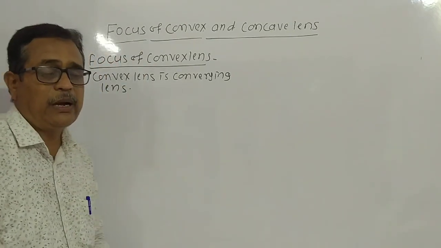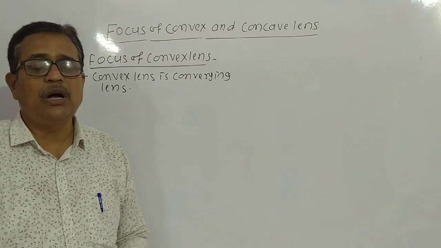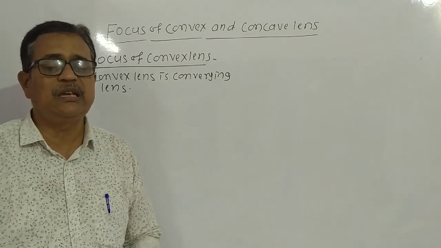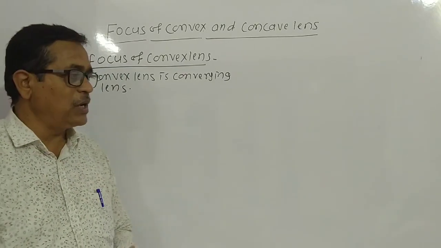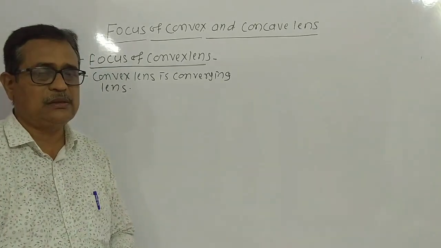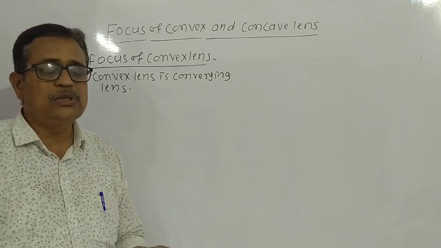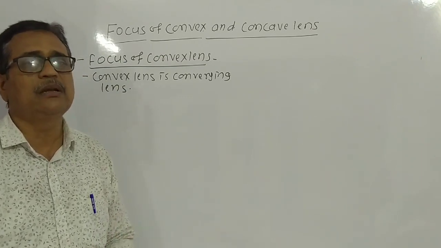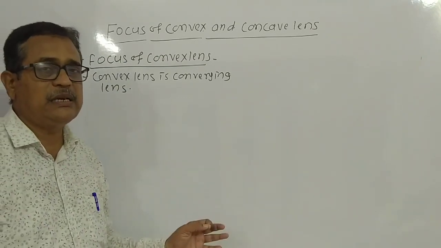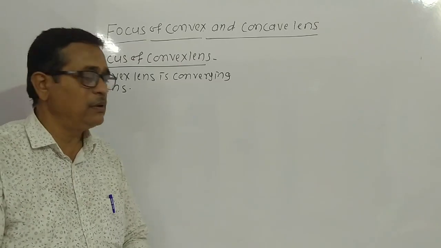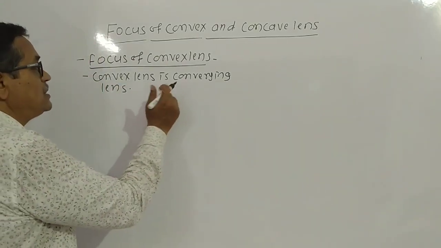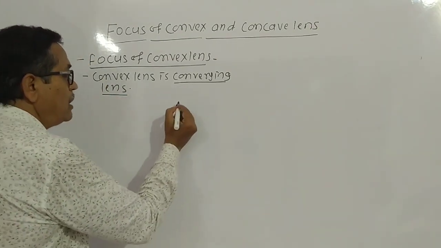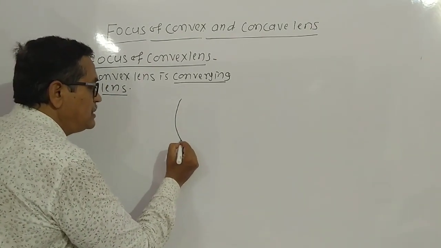We can draw the diagram, and dear student, you can draw the diagram in your notebook by using the geometry box, strictly, not to draw the diagram directly by hand using the pencil. You can use the geometry box, pencil and other instruments to draw the lenses, mirrors and others in this topic. Look here, convex lens is a converging lens, a very important topic here. We can draw this convex lens in this way.